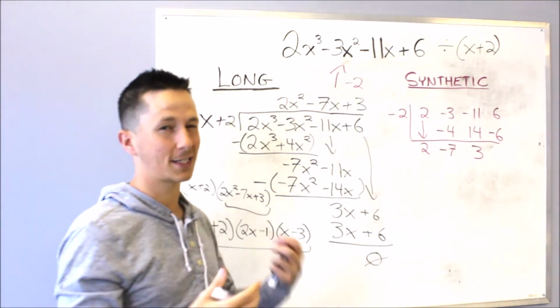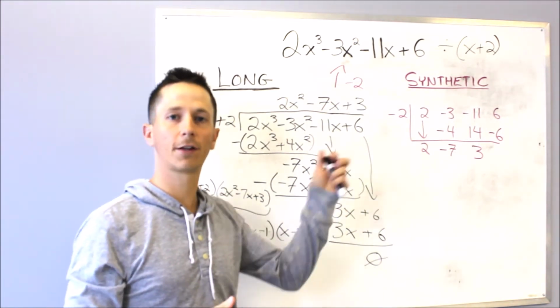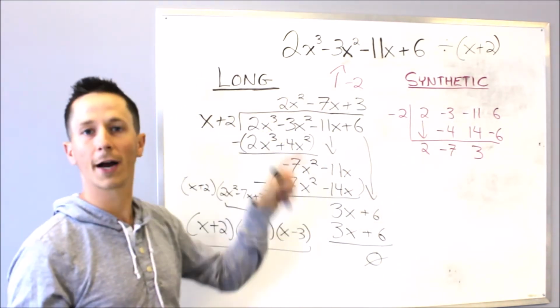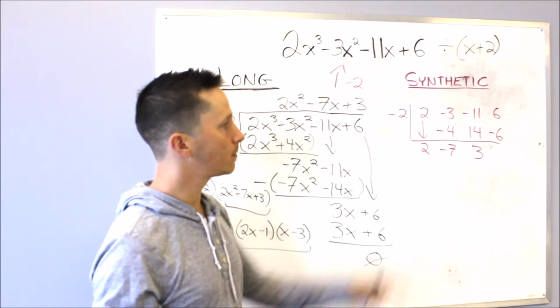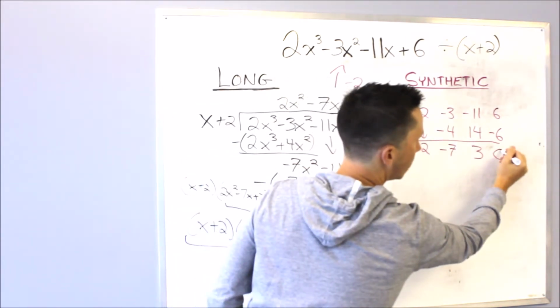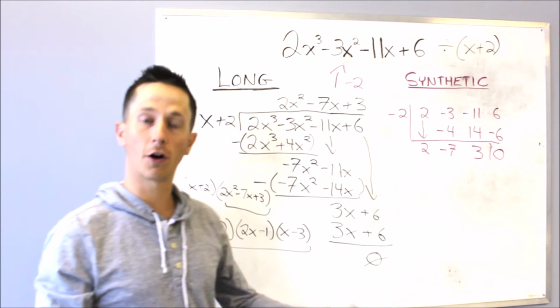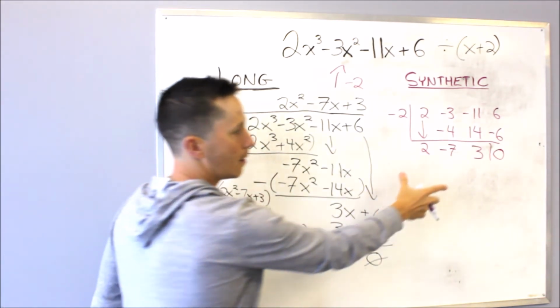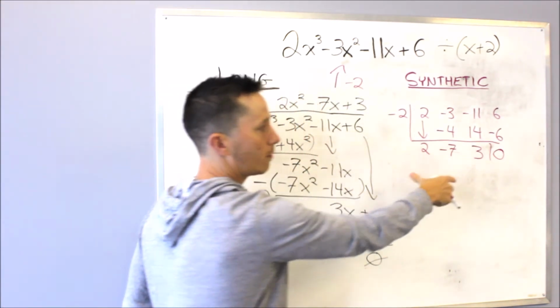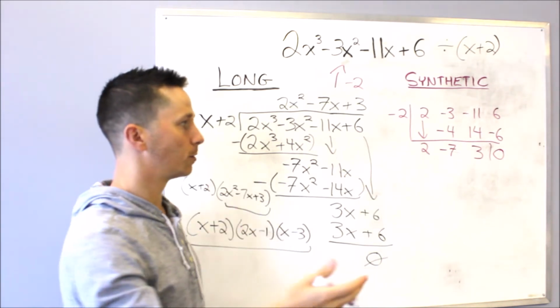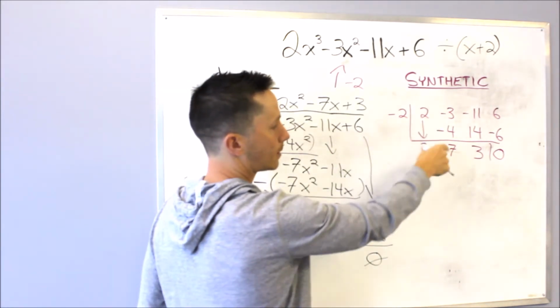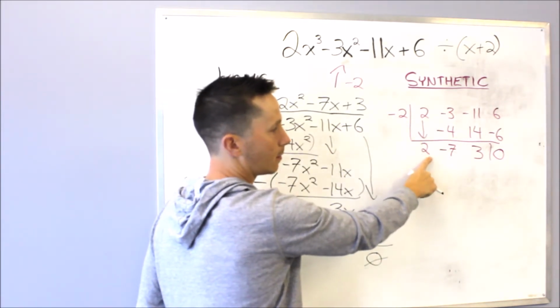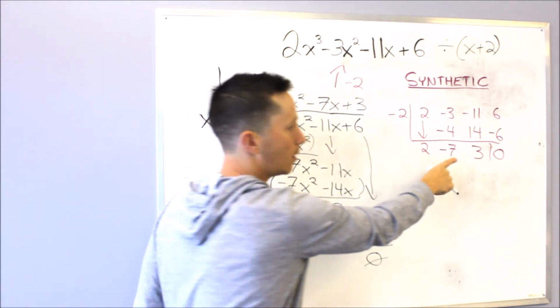Add vertically. That's the big difference, that we're adding vertically in synthetic versus we were kind of subtracting as we went in long division. 6 minus 6 is 0, so that should also match your remainder. The results are the coefficients of your different terms here. So we started at x cubed, but this is now the coefficient on x squared, on x,